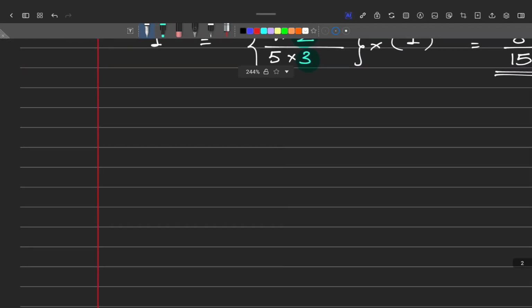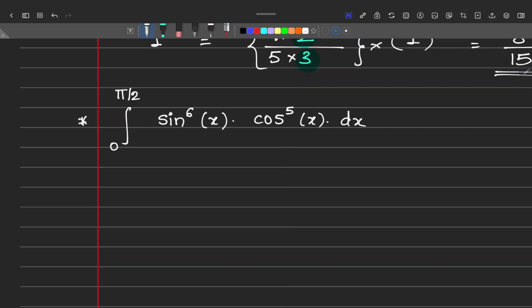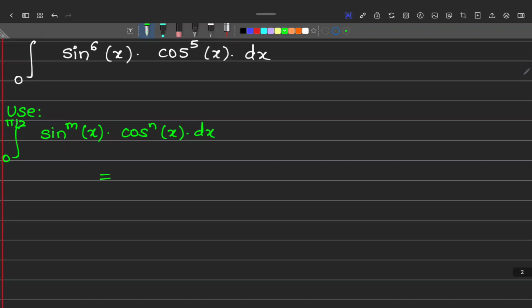So what is given in question number 2? They have asked us to evaluate integration 0 to pi by 2 sine raised to 6x into cos raised to 5x dx. So what do we do here? We use the reduction formula for integration 0 to pi by 2 sin raised to m into cos raised to n, and this is equal to. So first